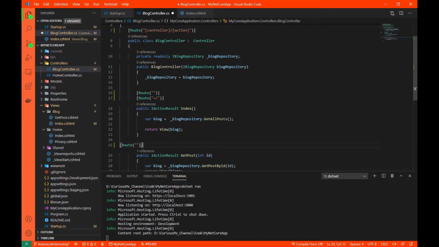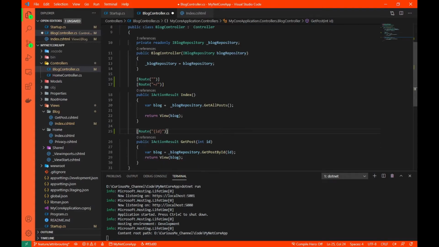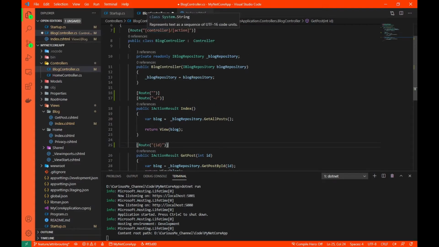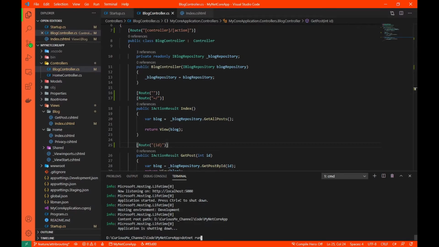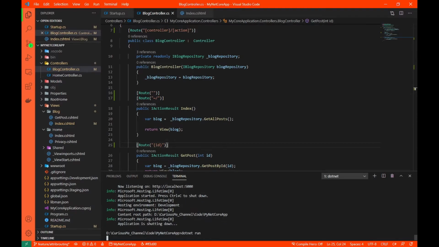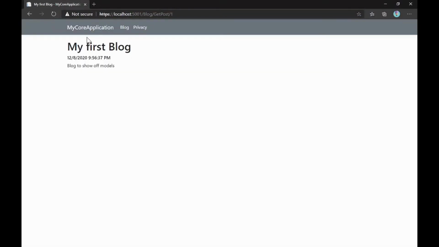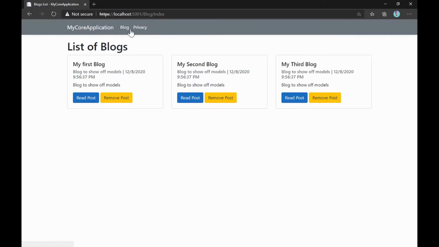So basically we still have to give the parameter here. Okay. Because otherwise how will our route know that this route expects a parameter? So basically blog get post ID. This route is a combination of something like this: blog, get post, and then the ID. Okay, let's save, rerun our application. Now let's open our application. Let's refresh now and it will work as it is. Similarly, okay, so this is how we can use tokenization.